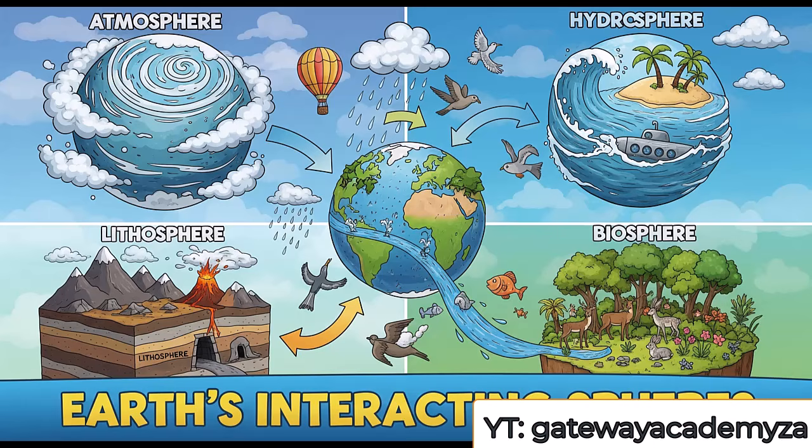Cool. And soil structure? Like sandy versus clay. Absolutely critical. Soil structure, determined by the size of the particles, affects drainage and water retention. Clay soil has tiny particles, holds a lot of water, which can be good, but it can also get waterlogged. Right. Sandy soil has large particles, water drains through it very quickly, so it can be quite dry. Loam, which is a mix of sand, silt, and clay, is often considered ideal because it holds water reasonably well,